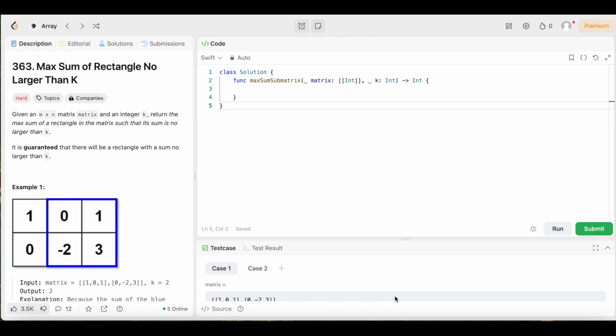All right, y'all, we're back again, another day, another LeetCode problem where we're doing daily LeetCode problems. And today we have question number 363, max sum of rectangle no larger than K. The difficulty level is hard, but don't worry because we're going to keep the solution as simple and easy to